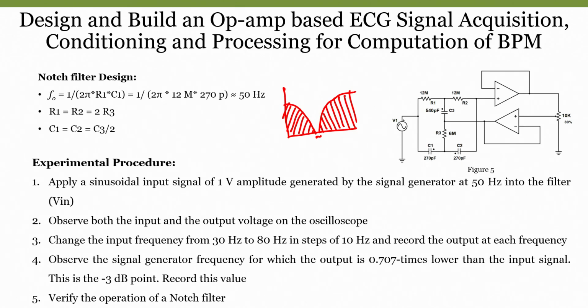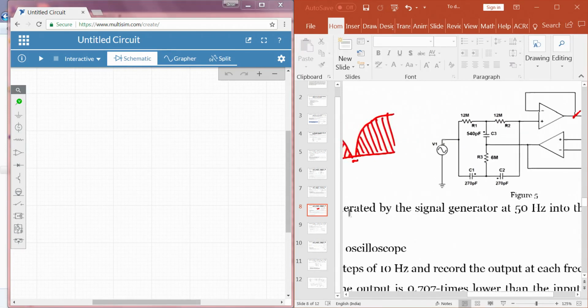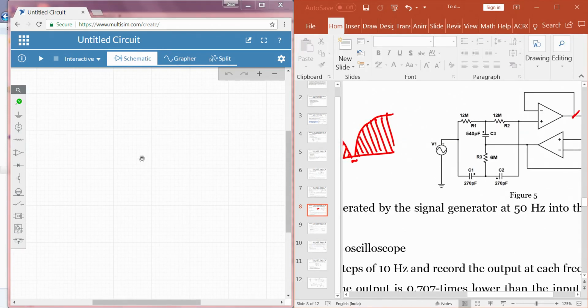Now, we will see the simulation of how exactly the notch filter works by designing the same filter, and the output will be taken at this point. Okay. Similar to our previous experiments, we will go to Multisim and design the same circuit. We will take 3 resistors and 3 capacitors. If you remember correctly, R1 and R2 should be double our R3 value.